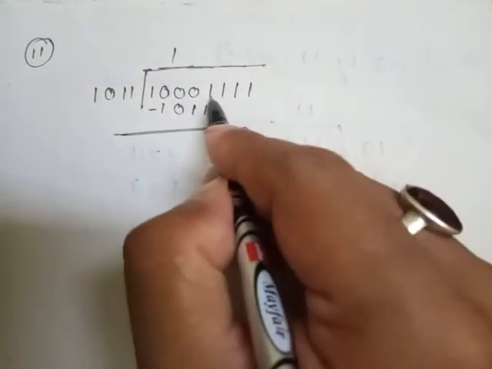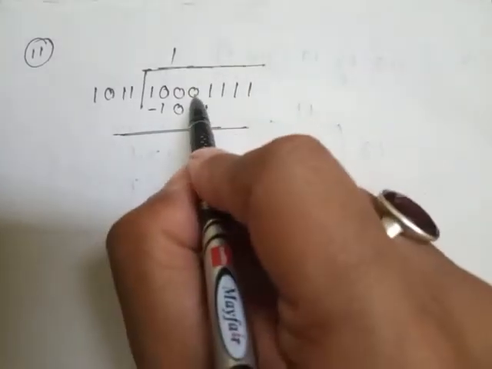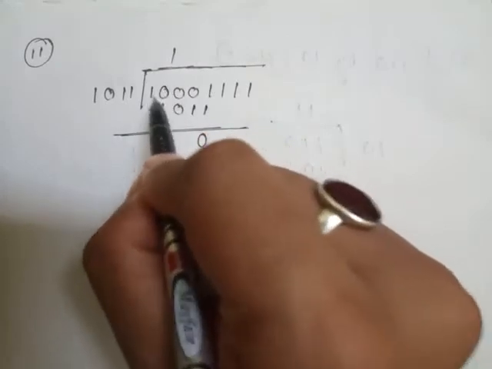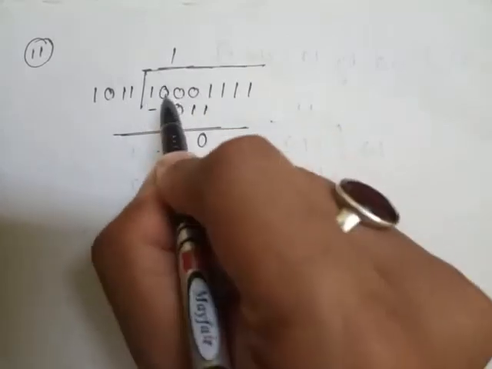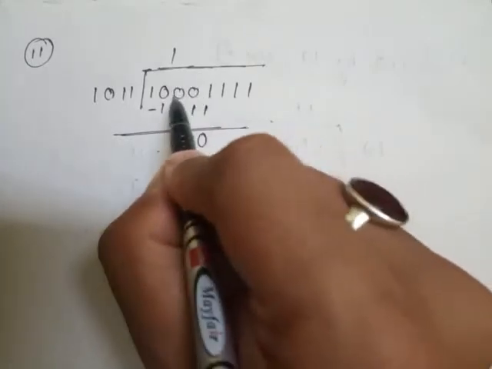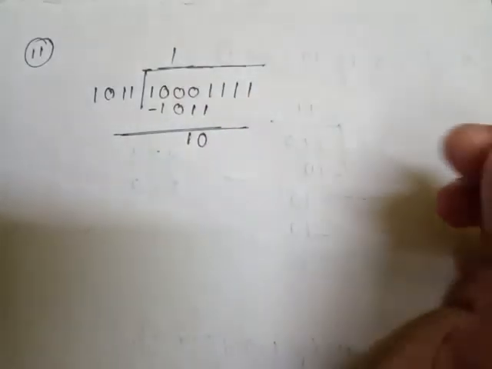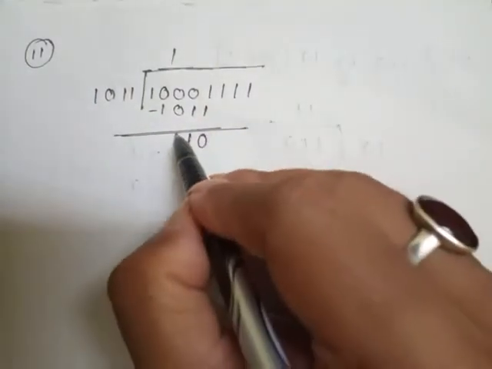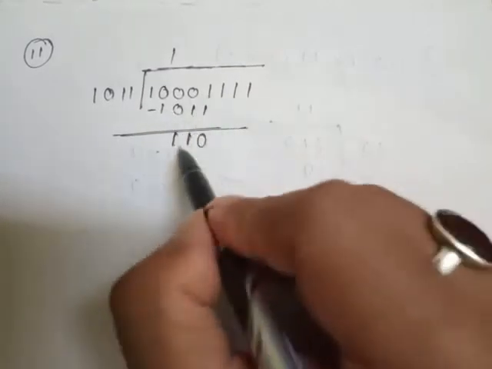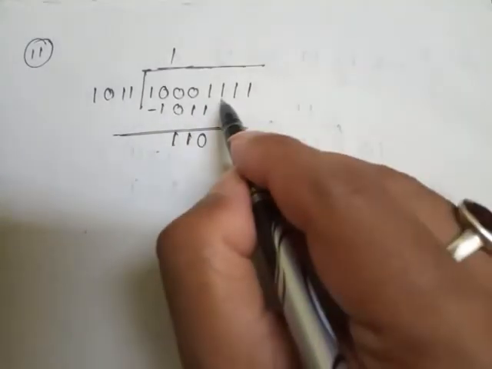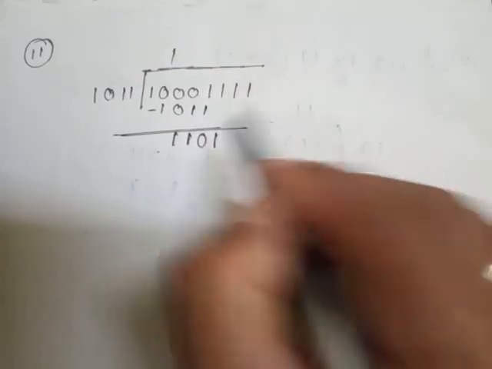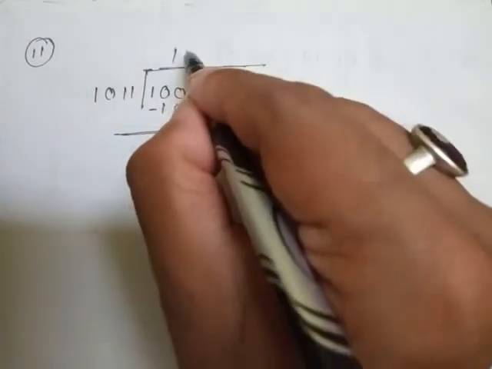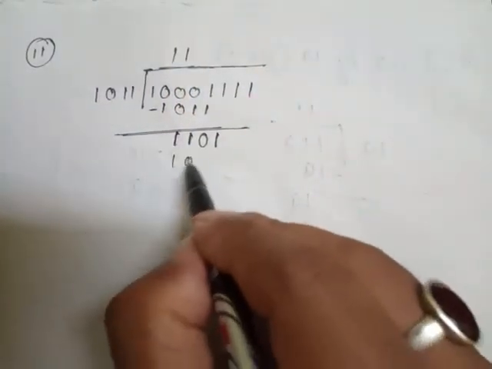Now 1 minus 1 is 0, there is a 0. Take 1, which means this is now 2. Take 1, there is 1, there is 2 now. Take 1, there is 2, there is 1 now. 2 minus 1 is 1, and there is also 1, there is also 1, which means after subtracting, 110 will be here. Now next, this one will come down here, this one will come down here. So 1101 is there.